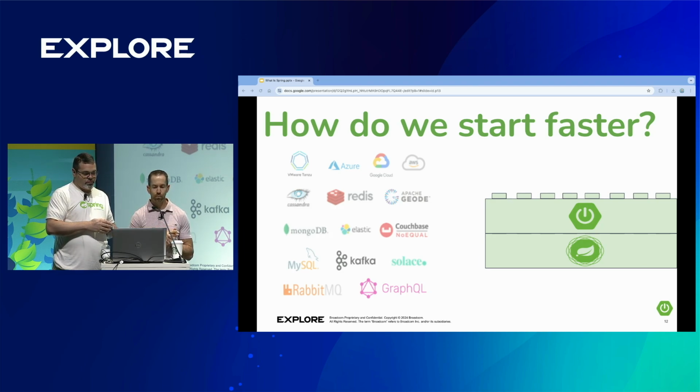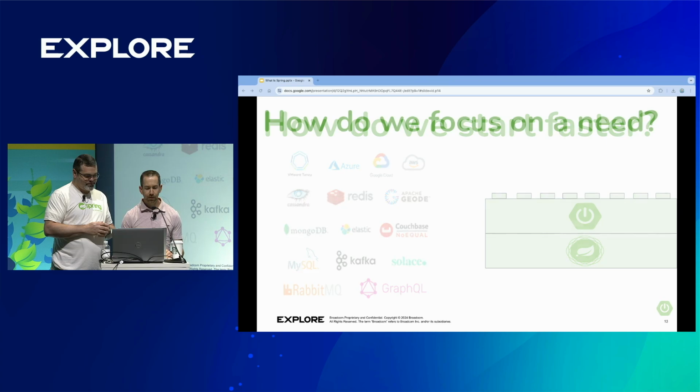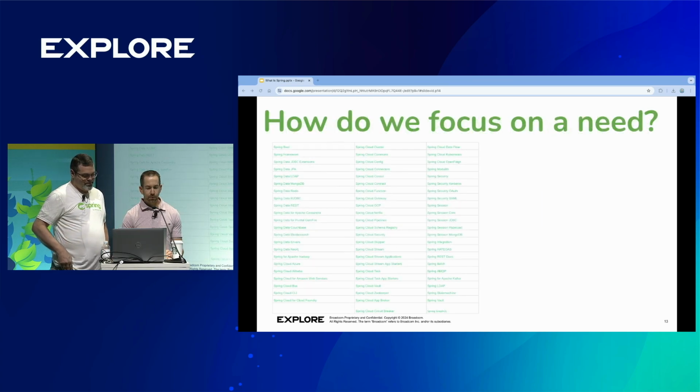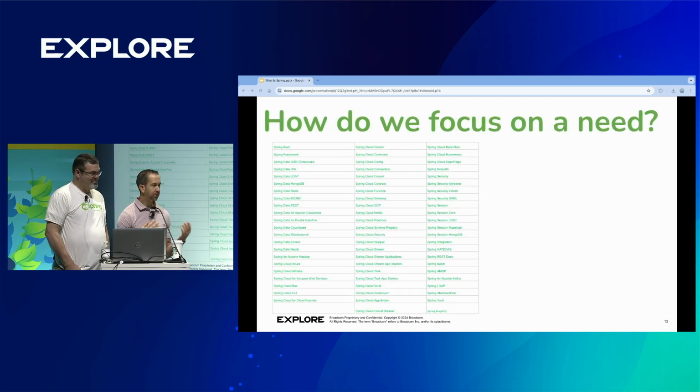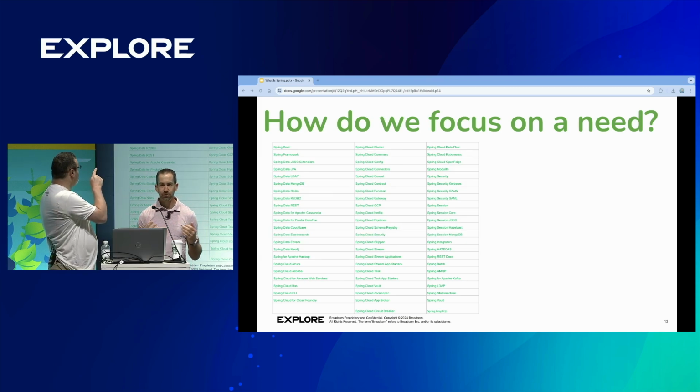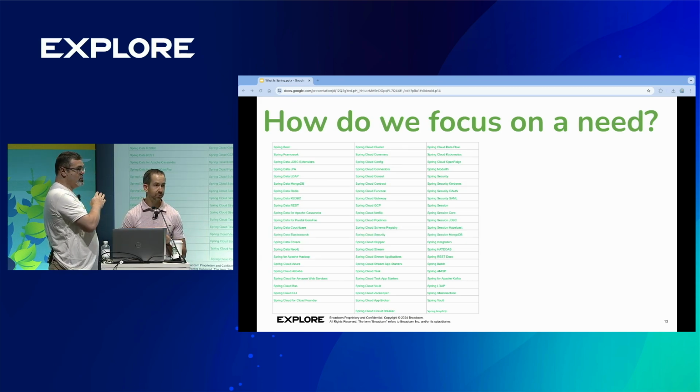So now that we know what to use, how do we go about doing that? Right. So Spring provides a whole bunch of different projects that you can use to satisfy your business use cases. Whatever you're trying to build, there's a project for it. So if you need security, we have security. If you need to get data from a database, you got Spring Data. If you need to build microservices applications that are going to run in the cloud, you have Spring Cloud,